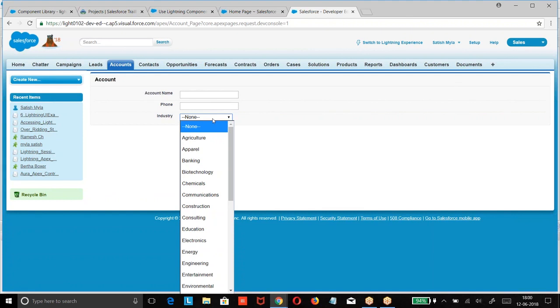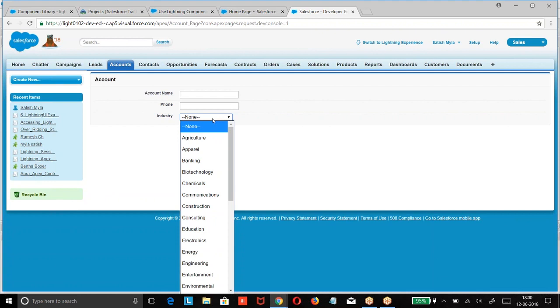Got my point? Now I am trying to create a customer. I have two record types in the account object: a customer, and a corporate. If it is a customer, I want to get the names like education, construction, energy. If it is a corporate, I want to get IT, energy, hospitality. Then based on the record type, the options can be controlled. But how are you controlling these options? In the administration, you went to the record type and selected the options.